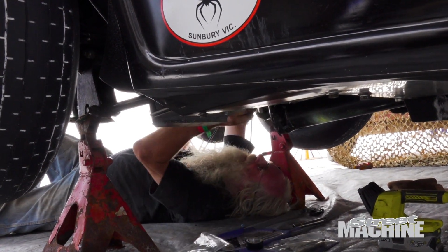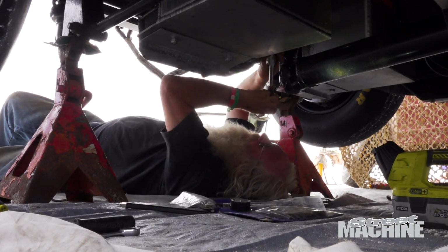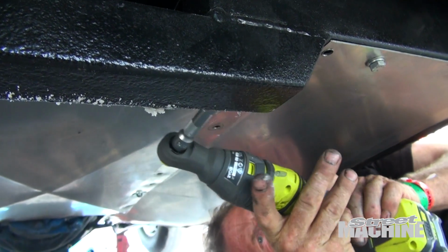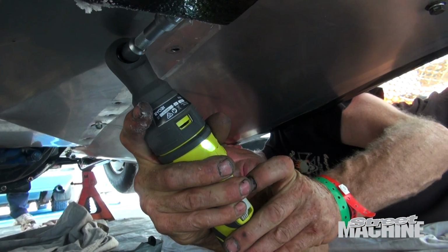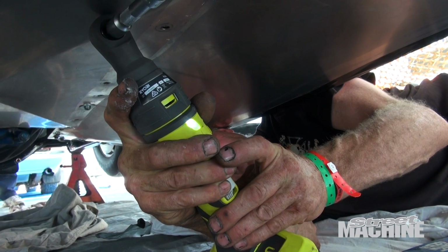Norm's made a shakedown pass, and obviously shakedown is to make sure everything's good with the car, and in this case, maybe not so much. So they're having trouble getting through all the gears. They suspect it's a clutch throwout bearing issue, so at the moment they're pulling the transmission out. It's got a Jericho 4-speed in it. They're going to pull that out, have a look at the throwout bearing, see if it is actually releasing the